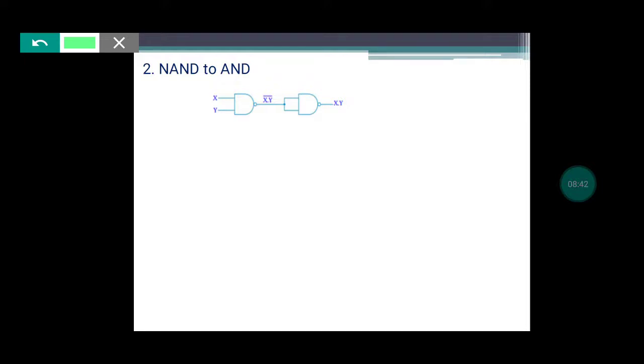See here what will happen. For the first NAND gate, how many inputs do we need? We need 2 inputs. Here I am providing x, here I am providing y. So after performing this NAND operation, what will be the output? The output will be (xy) bar. Yes. Again, if I give this (xy) whole bar as an input to another NAND gate, this NAND gate, you can see, just now we derived a NOT gate using a NAND gate, right? So this also looks similar to a NOT gate only.